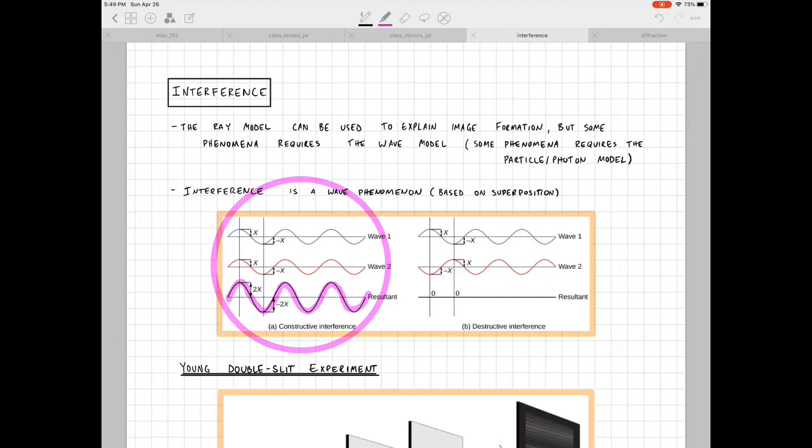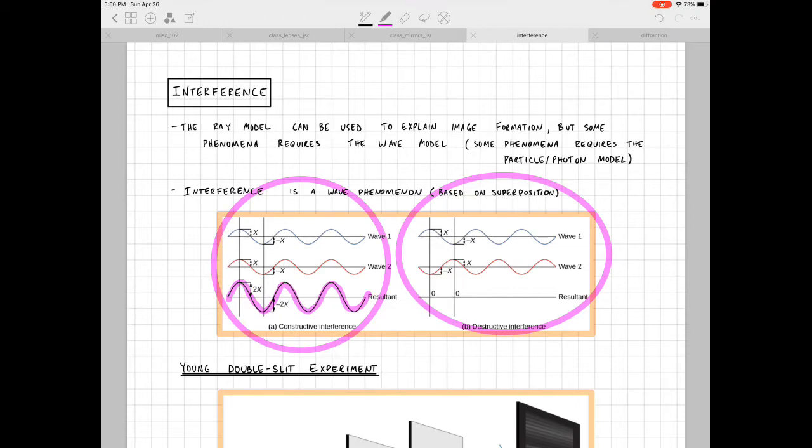But if you go to the right-hand side, I've got two waves, and you'll notice that the peaks aren't aligned with the peaks for wave 1 and wave 2, but rather the peak of wave 1 is aligned with the trough of wave 2. And so when you add those two waves together, you get a resulting wave with no amplitude anywhere. And so this basic principle of superposition is how we're going to understand and explain the idea of